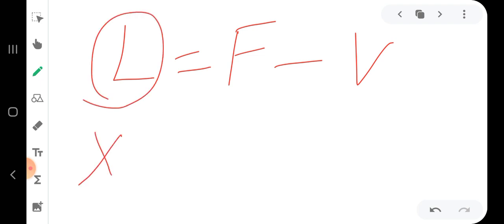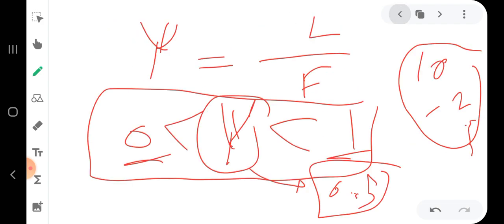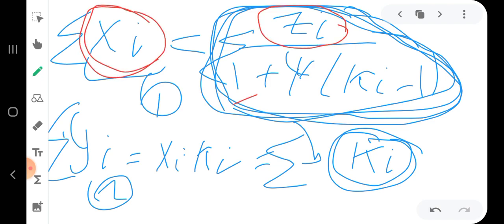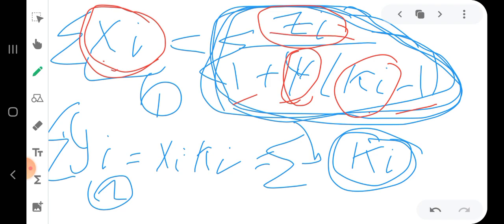Suppose you are required to find Xi and Yi, they are easy to find. You are going to find them from here. So X1, for example, will be Z1 over 1 plus psi, which you determined from the solver, times K1 minus 1. And X2 will be the same, but with Z2 and K2. And X3 will be the same. And then the Y, how to get it,